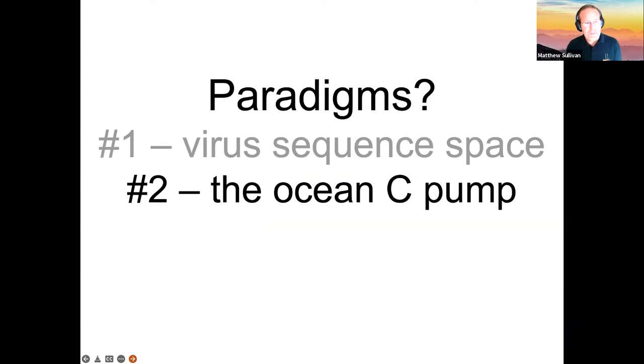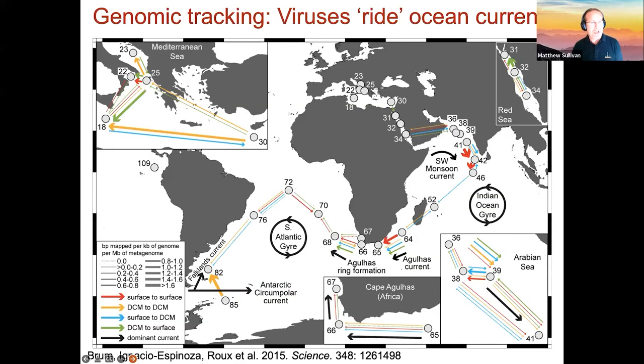So the second paradigm that viromics has been informing is related to the ocean carbon pump. And I mentioned at the beginning, the oceans are this critical player in carbon flux and in helping with climate change, pulling down about half of the atmospheric carbon dioxide. And I also mentioned earlier that we'd tracked viruses genomically along this transect, and that led to us realizing that viruses ride the ocean currents. But I said, wait, we'll come back to that.